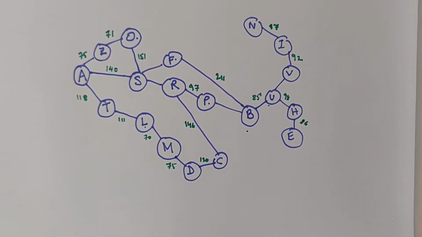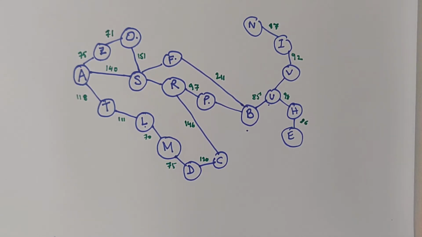Now let us see how our formulation of a problem fits into the navigation problem or the route finding problem that we were discussing for an illustration. Here we can see a map that has been given to us. The vertices A, T, Z, O, S, let us assume that there are some cities in the map, and the edges joining all those vertices are the routes or streets or roads joining those cities.